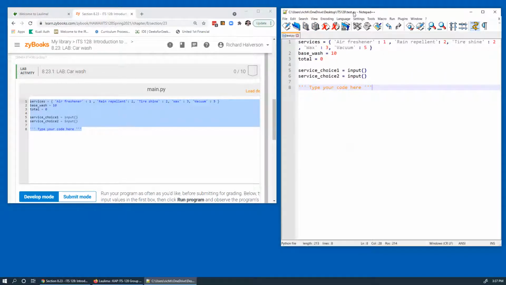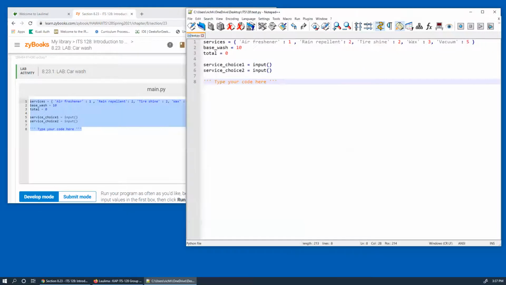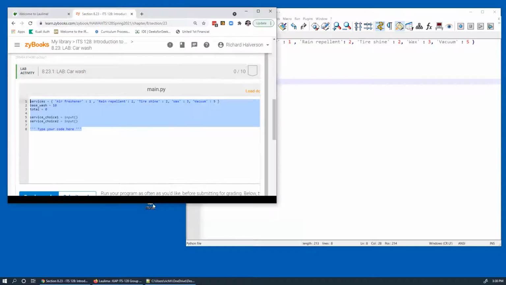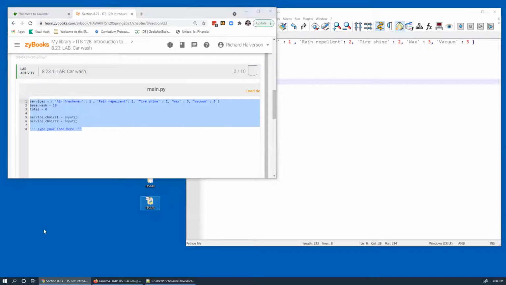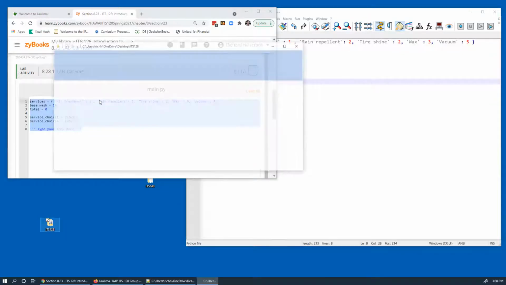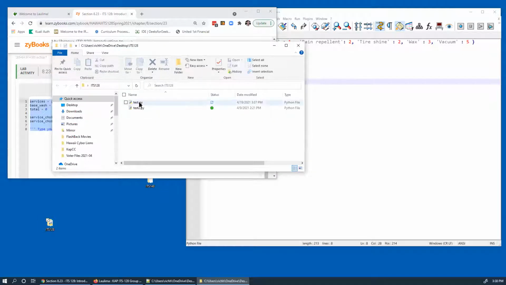And so that's in my ITS128, my little folder here. Oh, I brought them all over. Well, that's great. This one here. Right here. All right, so anyway,